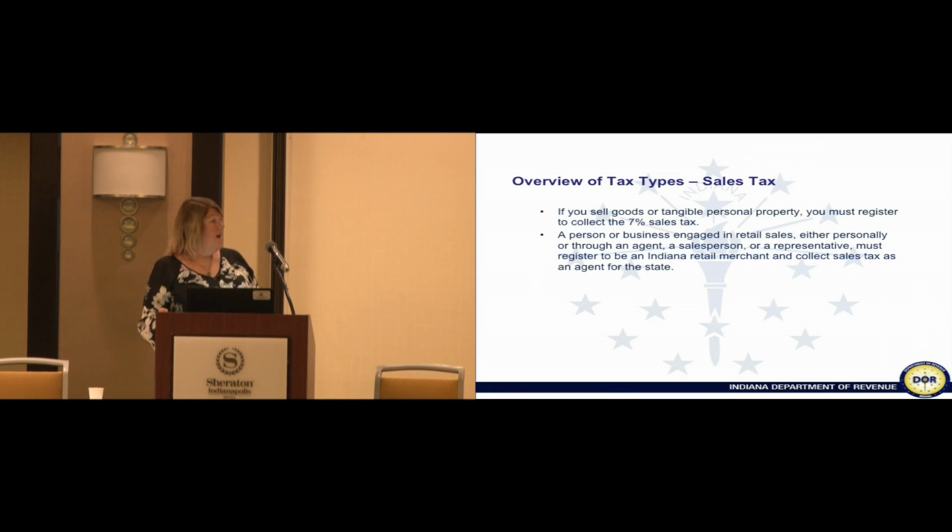Sales tax. Our sales tax rate is 7%. It's been 7% for a few years. When I started with the department, I think it was 5%. So it hasn't increased much over the years, but it has increased. 7%. Anytime you go to buy tangible property within the state of Indiana, you are going to pay a 7%